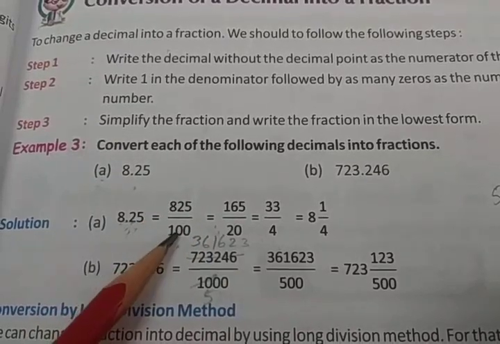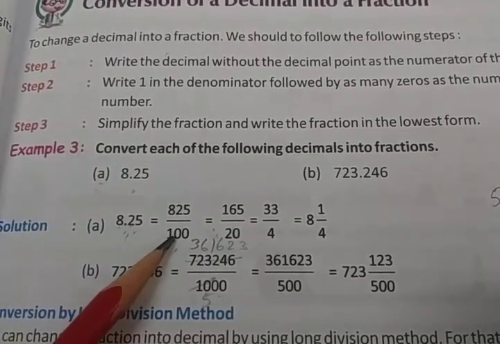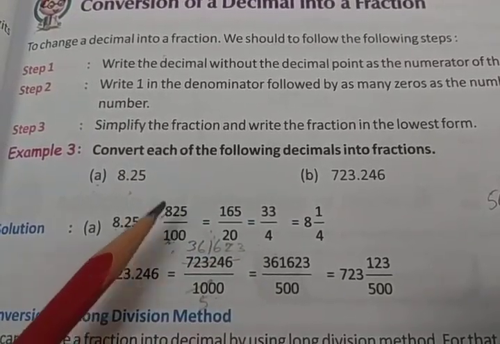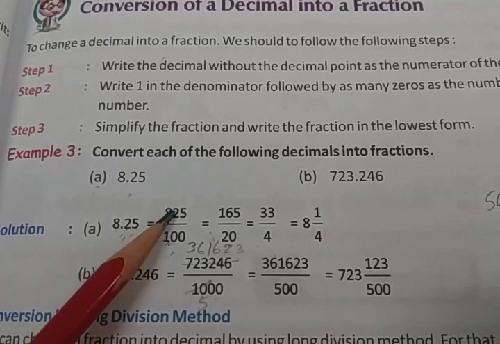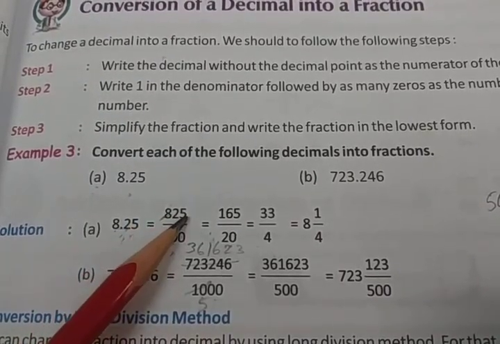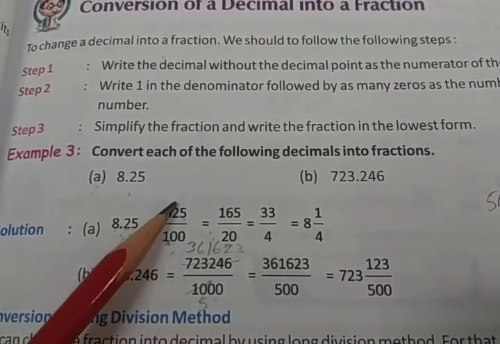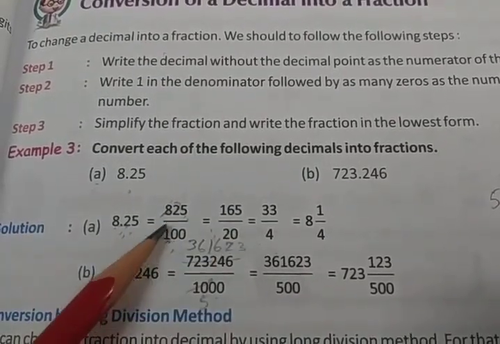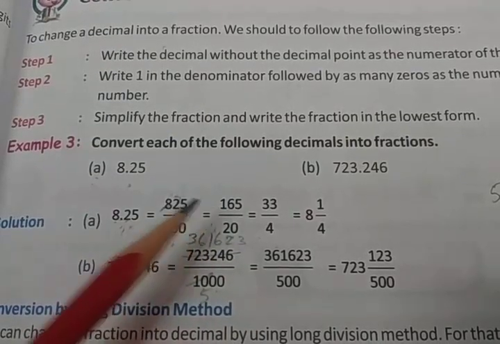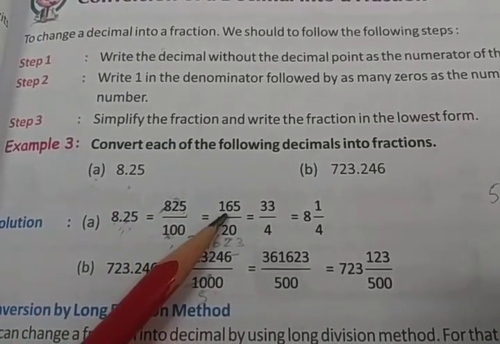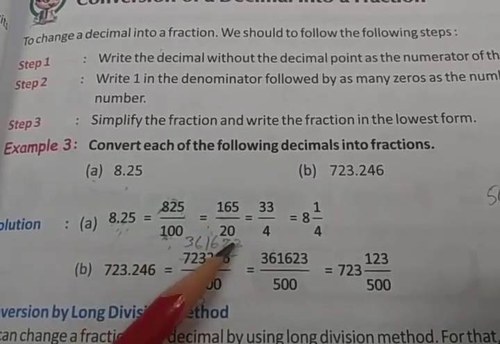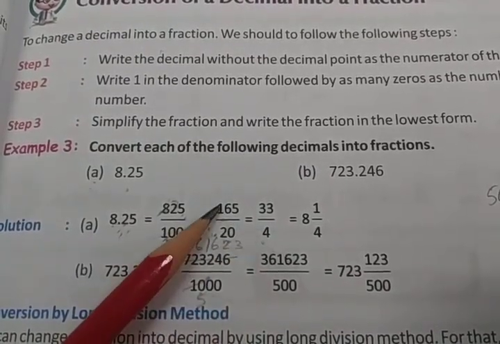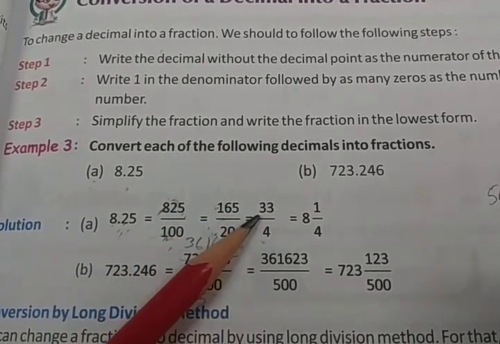Now these both numbers are divisible by 5. Okay. 5 2s are 10 and 0, that will become 20. Here 5 1s are 5, 3 remains, 32 means 5 6s are 30. Again here 2 remains, 25, 5 5s are 25. If you have confusion like this, you can do the division and then you will get the answer. Divide this number by 5, you will get 165. Okay, then again this number can be divided by 5. 5 4s are 20. 5 3s are 15, 1 remains, 5 3s are 15.